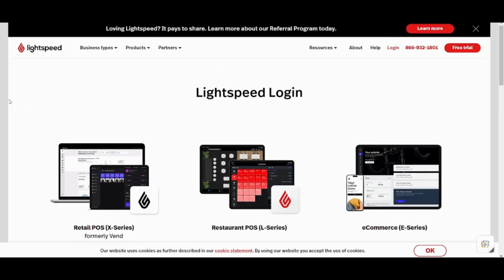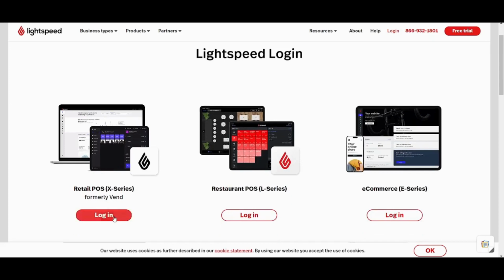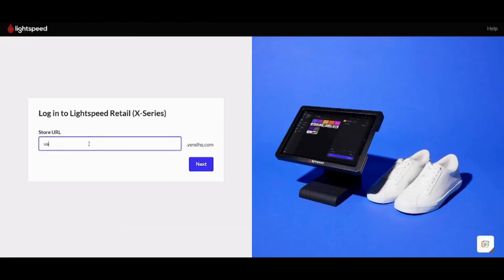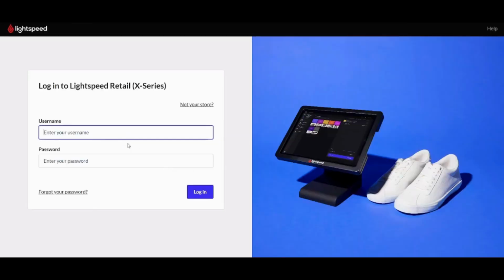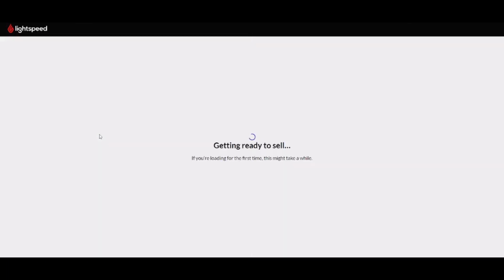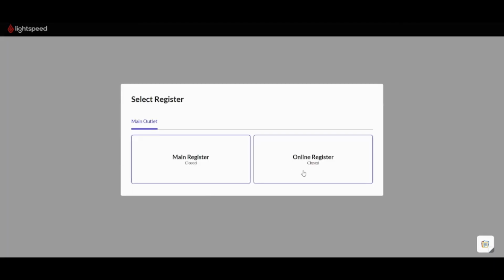And now I will use Retail X Series, and I will press on login. Then I will insert my store URL that I have created when I first registered to LightSpeed. Then I'm going to enter my username and password, and let's wait for it to load. I will choose main register,